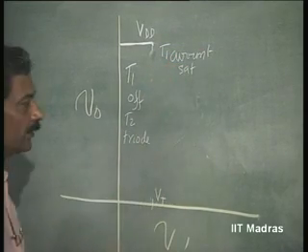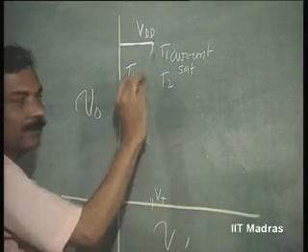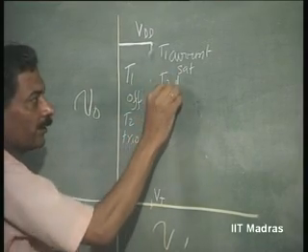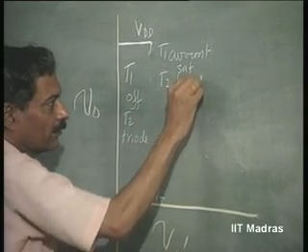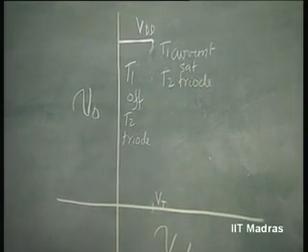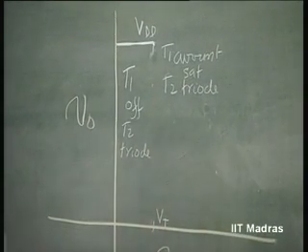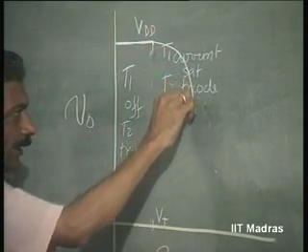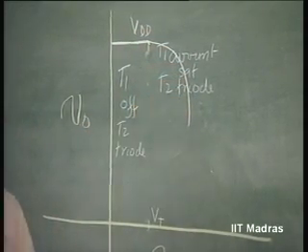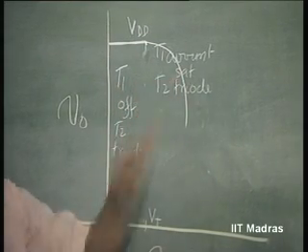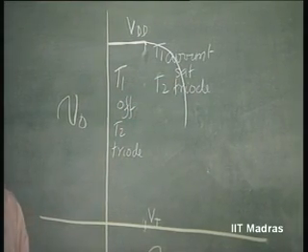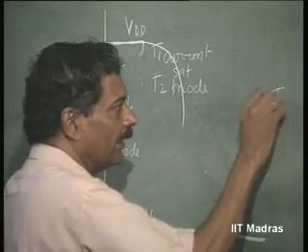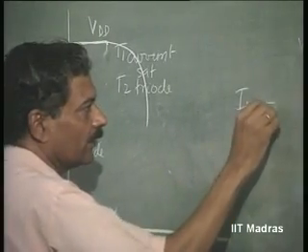But T2 still remains in the triode region. So, the characteristic is going to be non-linear because T2 has remained in the triode region and T1 is in the current saturation region. We can write down the equation IDS1 is equal to